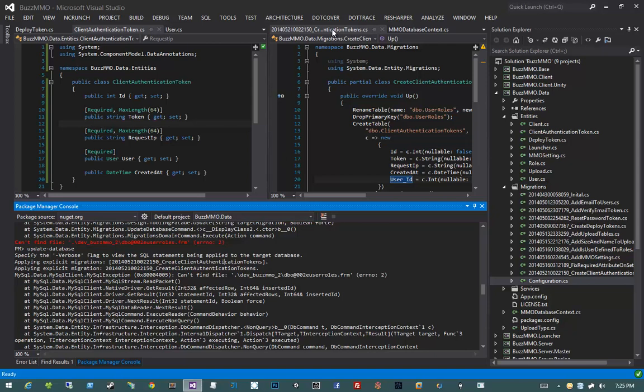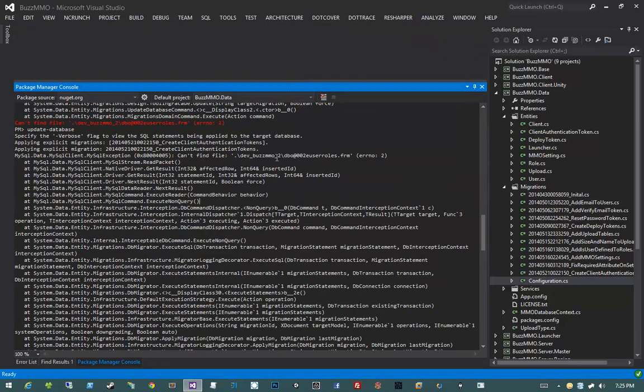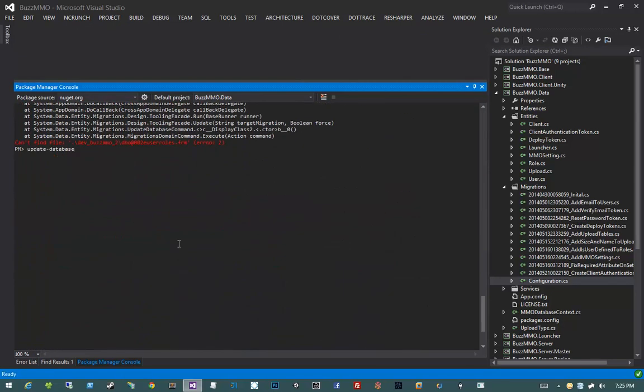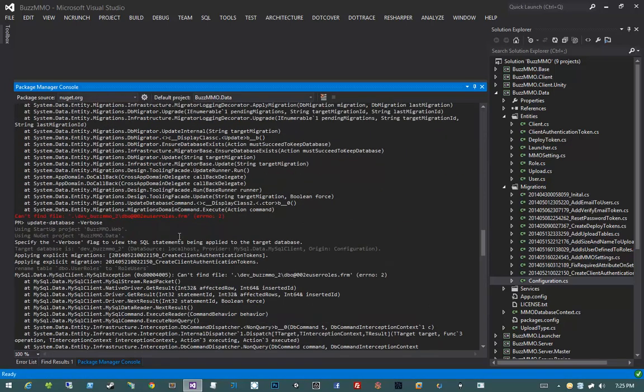So I'm going to show a very useful debugging tip when working with migrations. You'll notice that it says specify the verbose flag to view SQL statements. So that's exactly what I'm going to do. I'm going to say verbose. What this is going to do is it's going to give me